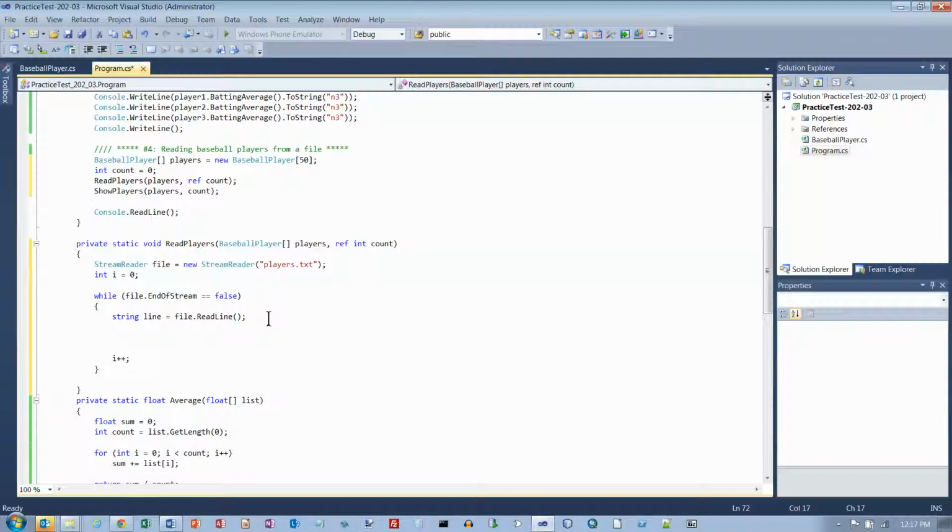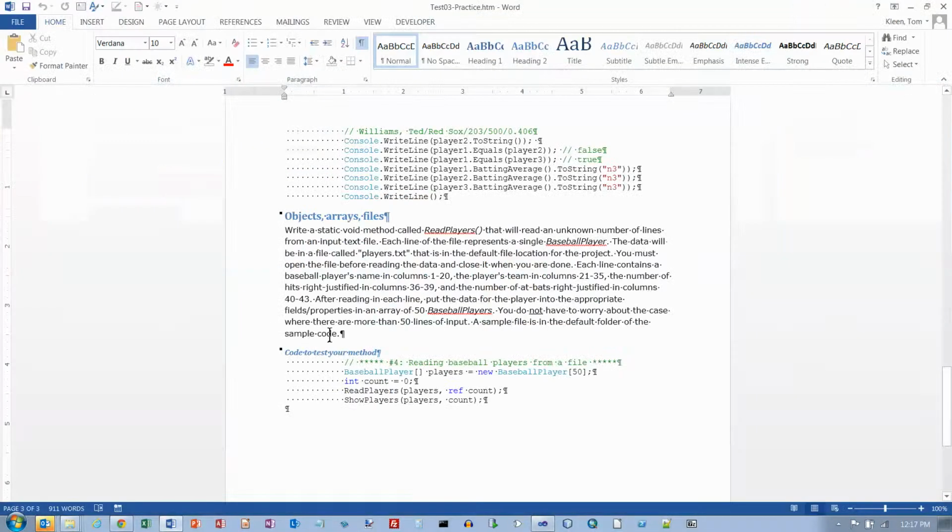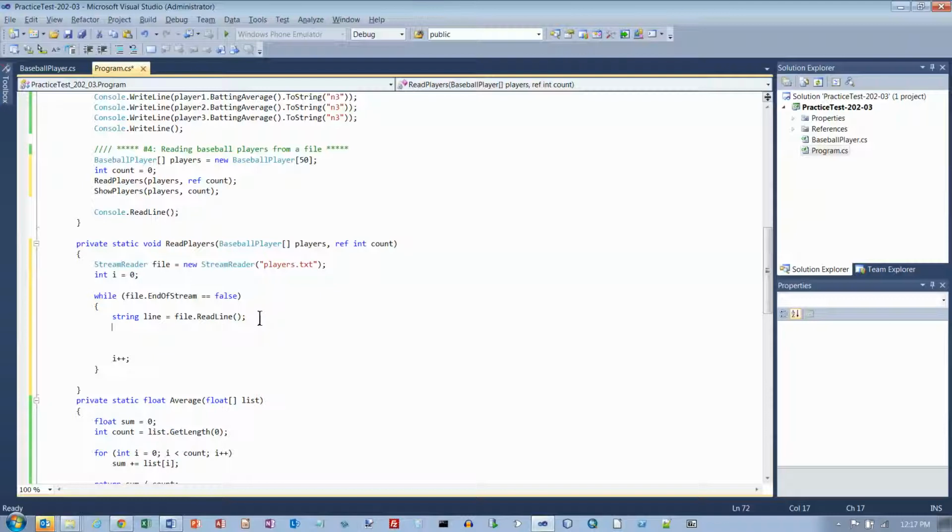And okay, now I need to go back here. I need to look at where these things are. So the name is in columns 1 to 20, team 21 to 35, 36 to 39, 40 to 43. Okay, so those are the things. Okay, so players is the name of my array. I'm at position I, and I want the